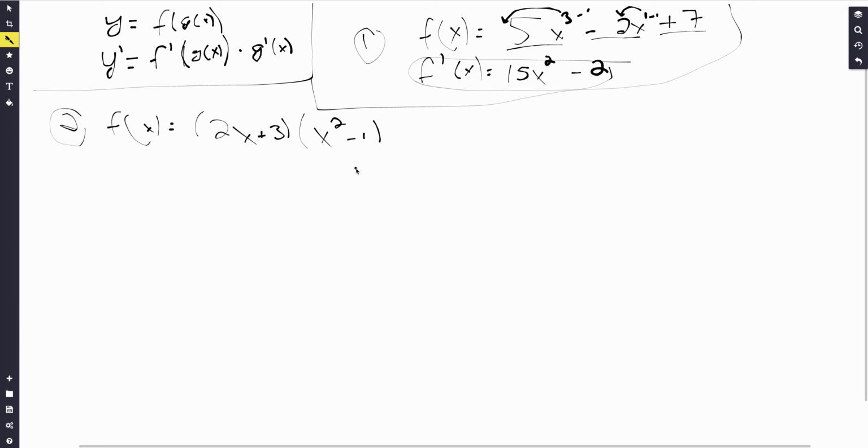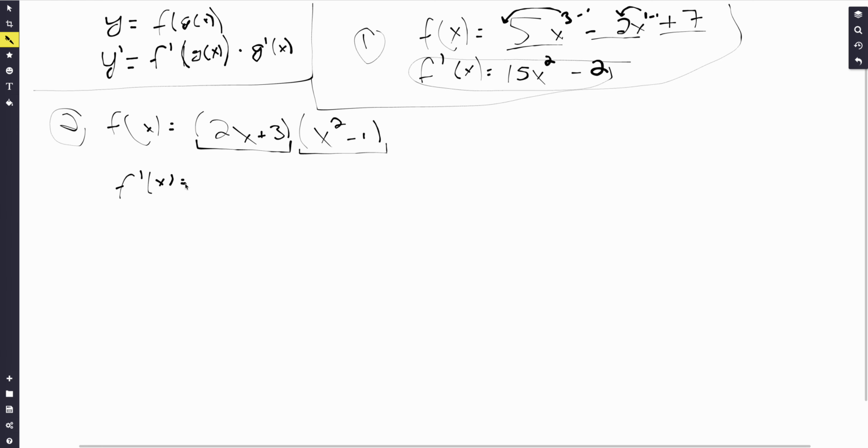This is, like I showed before, the product rule, because we have two values right here. Like I showed in the product rule, this would be g of x, for example, and this right here would be h of x. So if you guys memorize this formula, then this problem is pretty straightforward. All you have to do is first write f prime of x, obviously,